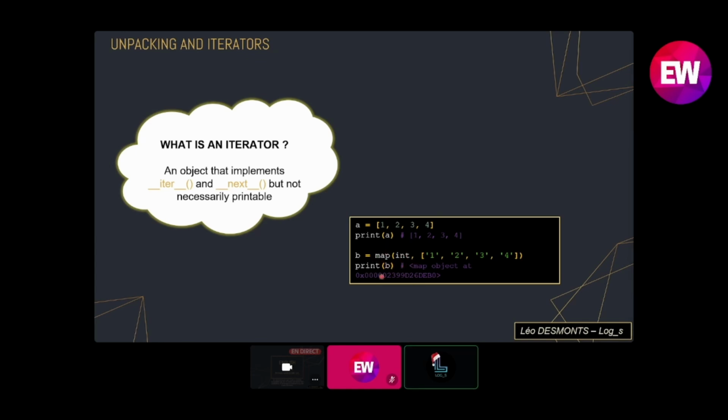If you try to print it, it will just print the object's address in your computer's memory. In general, if you're a little bit familiar with Python, an iterator is everything you can loop on. So if you do for i in something, this object will be an iterator if that works.